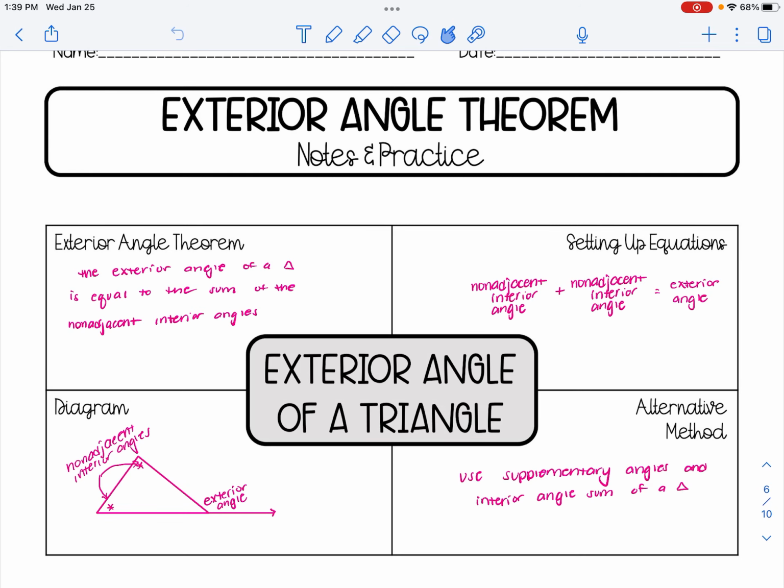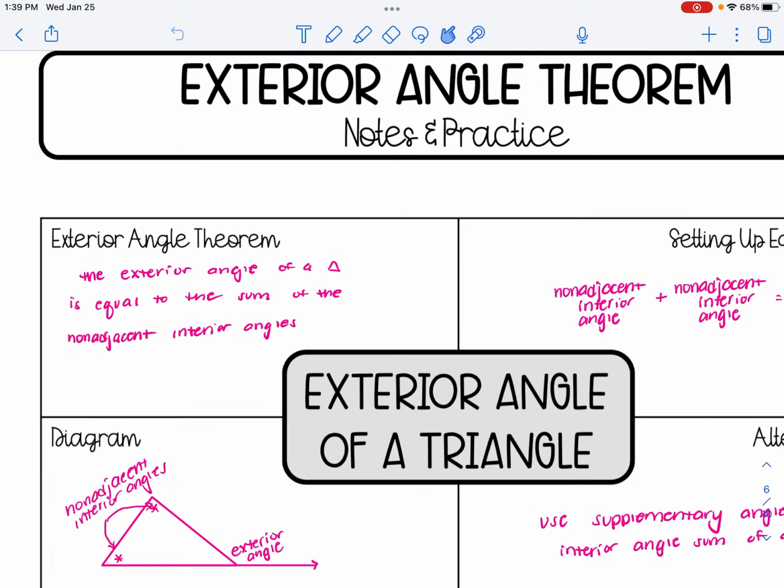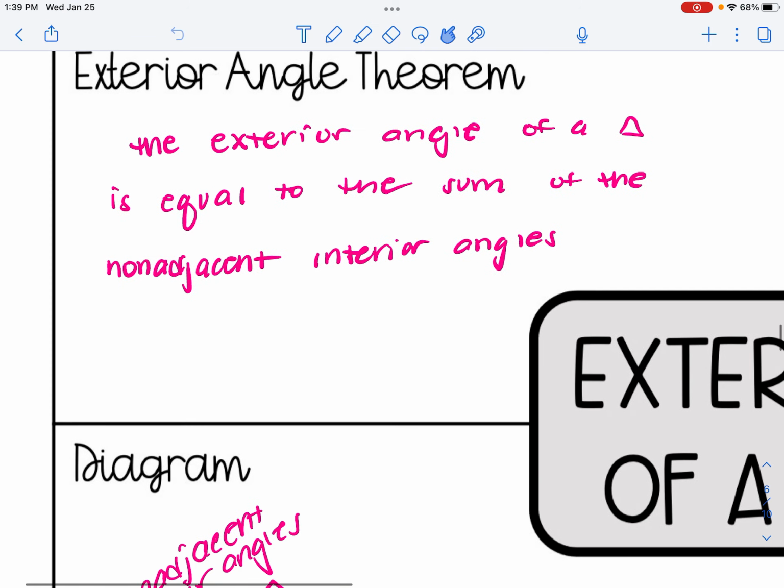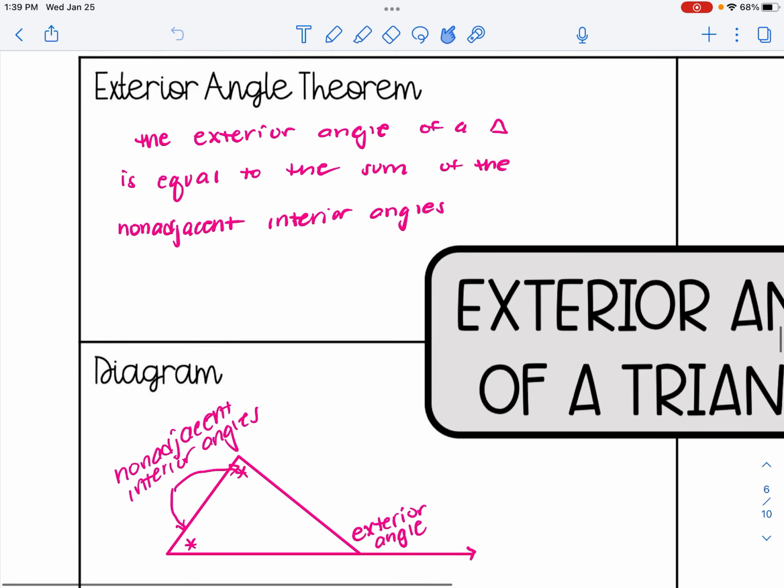In this video, we are going to be learning about the exterior angle theorem. Basically, the exterior angle of a triangle is one that lies outside of the triangle. And the exterior angle theorem says that the exterior angle of a triangle is equal to the sum of the non-adjacent interior angles. And if we look at a diagram to support what that looks like, in the diagram here,